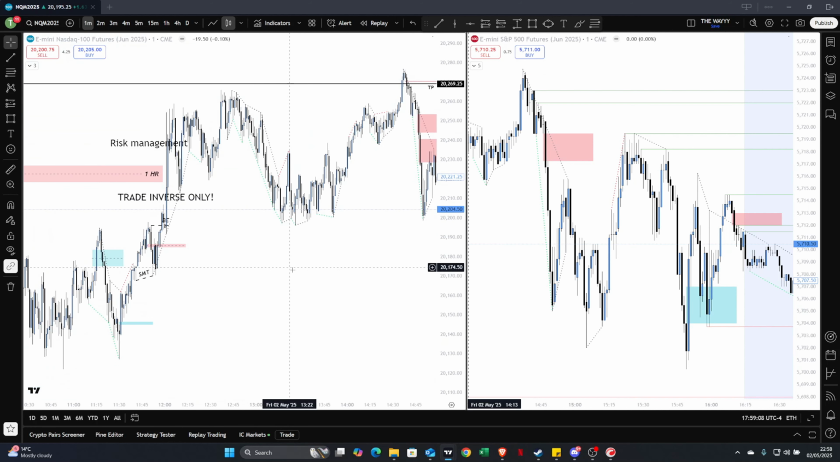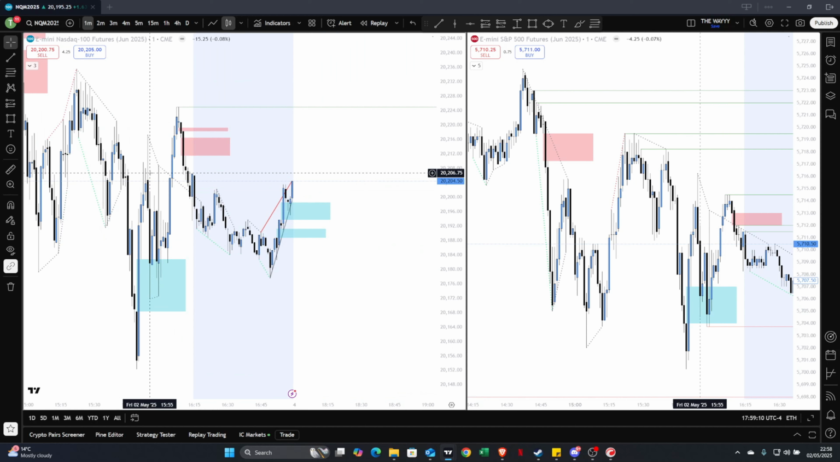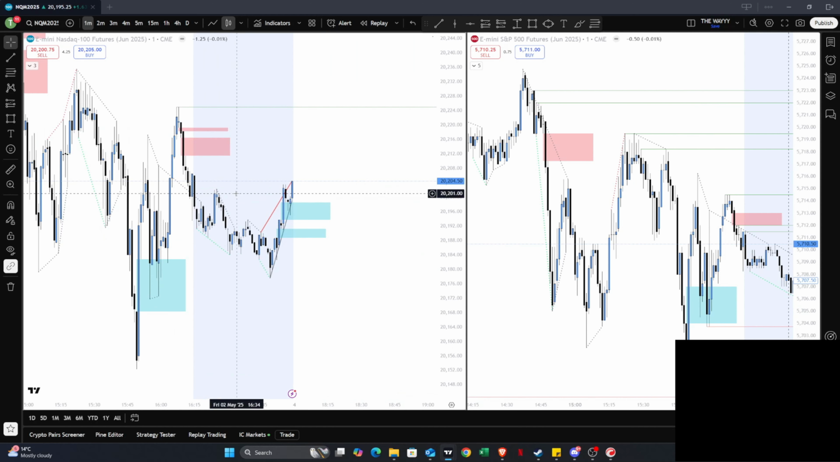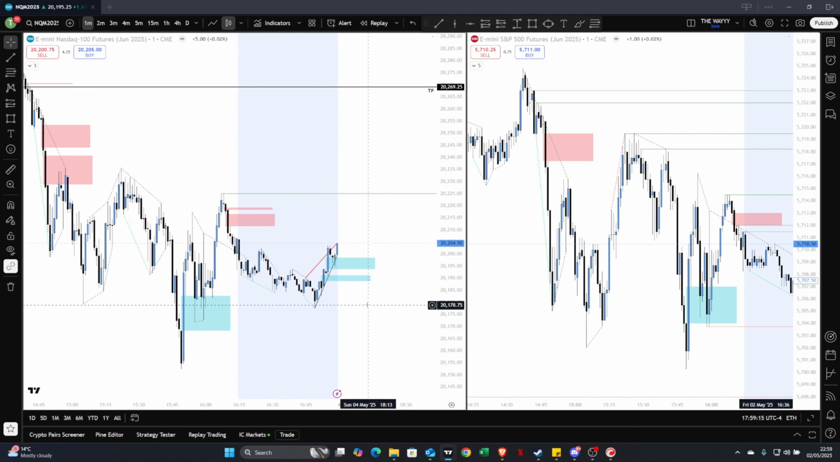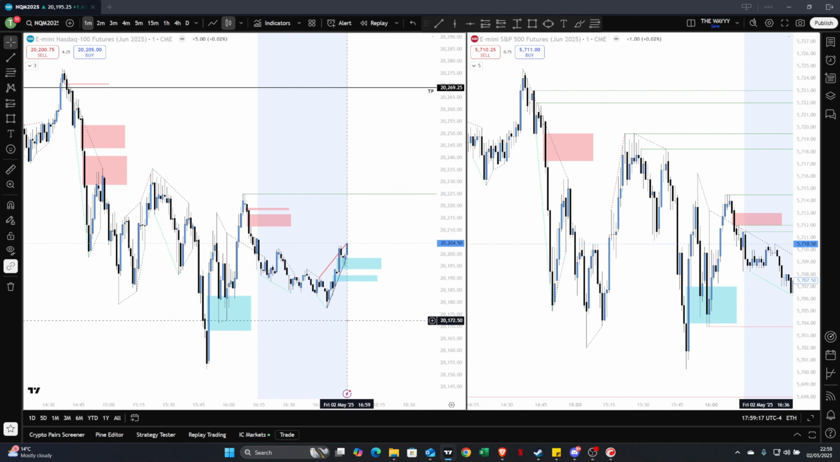I will go over how to trade the inverse strategy, as in the requirements that I look for, the context, etc. And yes, that will be it